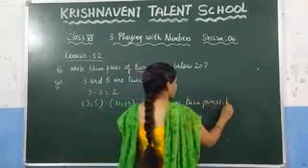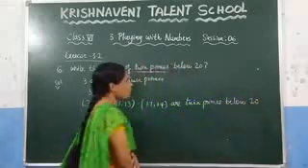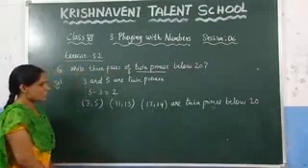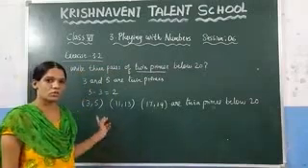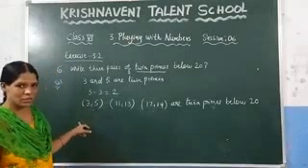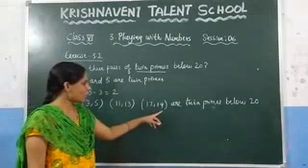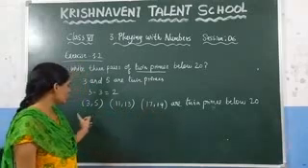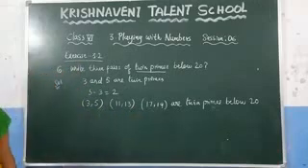What is the condition given here? Below 20. You need to write the numbers below 20 such that both the numbers should be prime numbers and the difference between those two prime numbers should be 2. What are those? 3 and 5, you know that 5 minus 3 is 2. Similarly, 13 minus 11 is 2 and 19 minus 17 is 2. And we know that all these are prime numbers. This is the question. And see the 7th question.